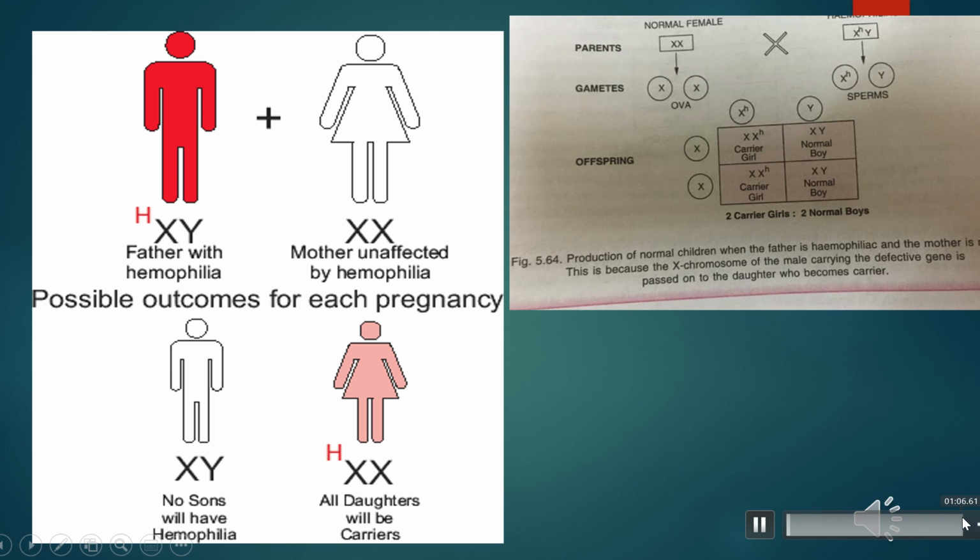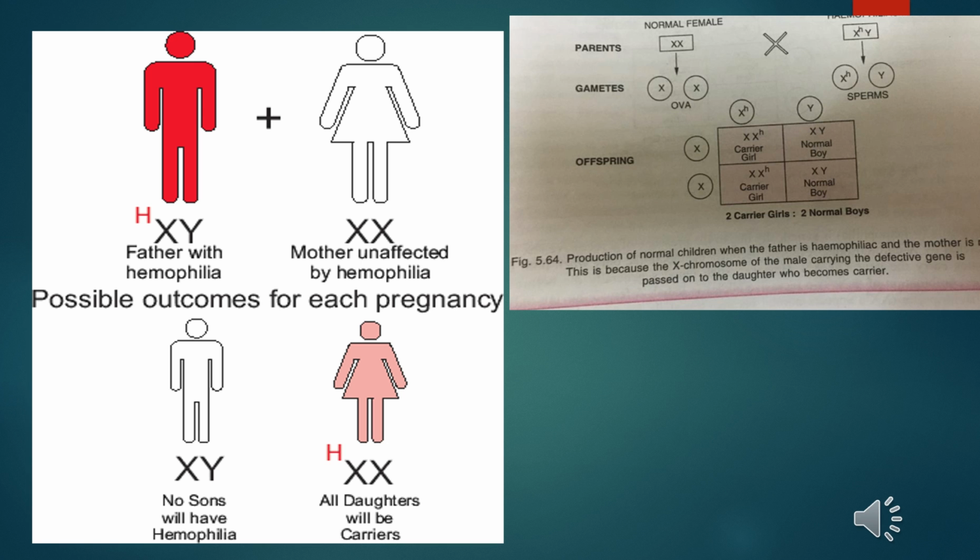Now let's understand hemophilia with this example. Now here we have taken a normal female and a hemophilic male. So this is present only on the X chromosome. So you can see with the help of a Punnett square, gametes are formed in the female. Two eggs, XX normal, are formed, and the hemophilic male is going to form sperm. One is Y, that is normal, and one is hemophilic sperm having the gene for hemophilia. So with the help of the Punnett square, you can see that